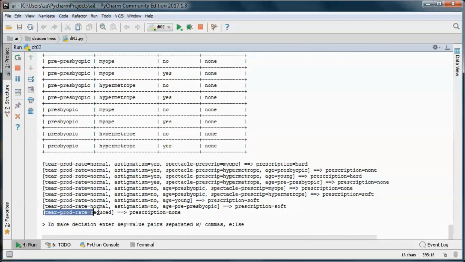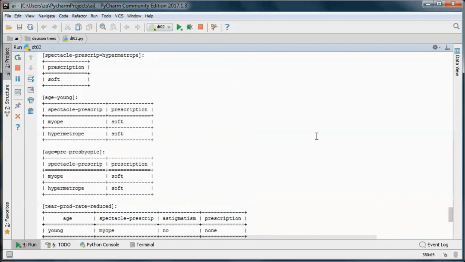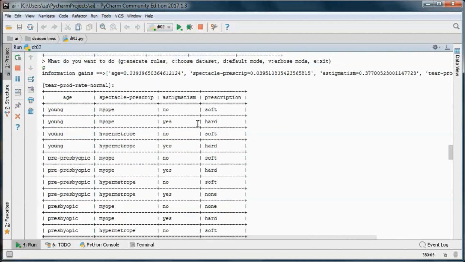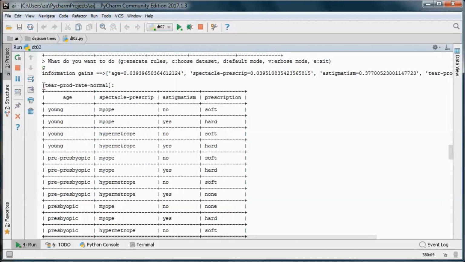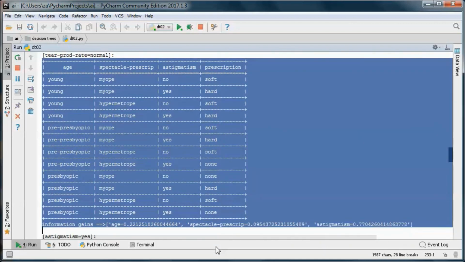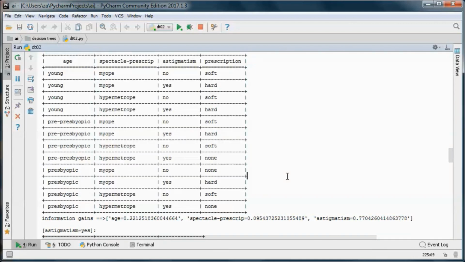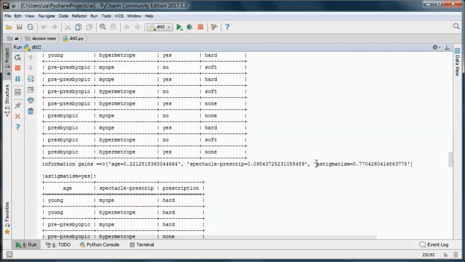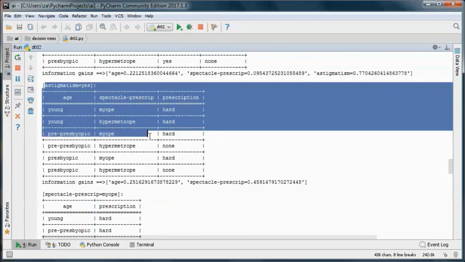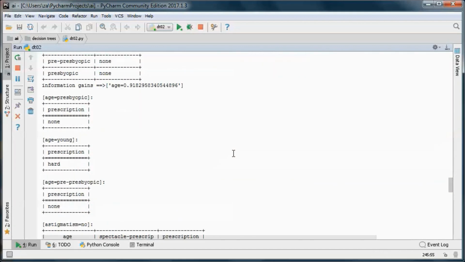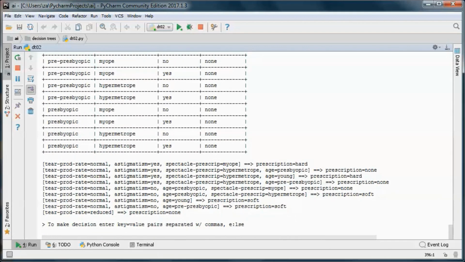So we have this rule, and if it is normal, then we calculate the information gains for this data set, and we find that astigmatism has the highest value, so we split on that, etc. And let's quickly do a test run. So maybe pick this one.